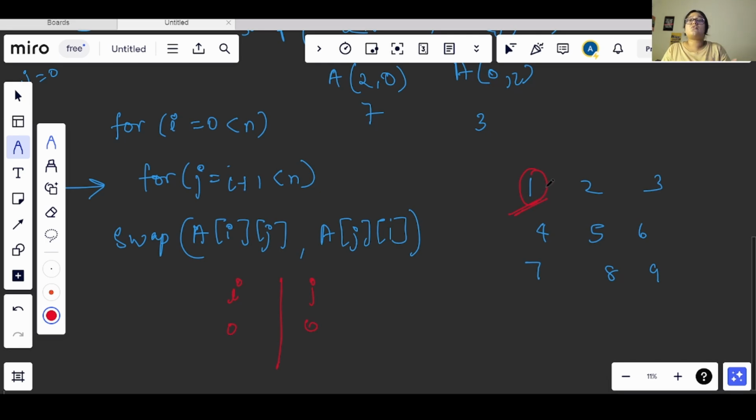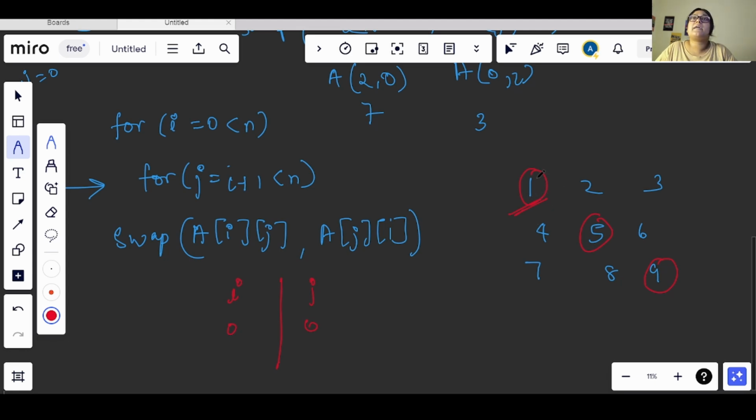There is no use to swap the 0, 0 value or 1, 1 value or this 2, 2 value. Why? Because this will always be stable. We will just reverse this when we need that. So there is no need to start the iteration of j from i only, or we can say 0.